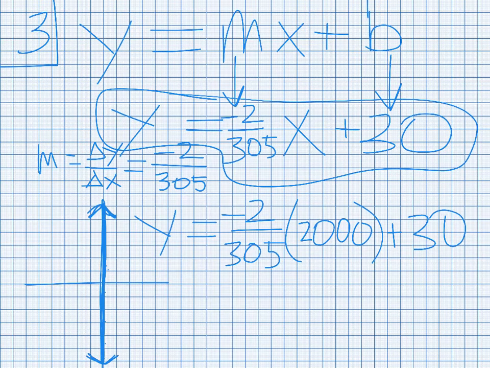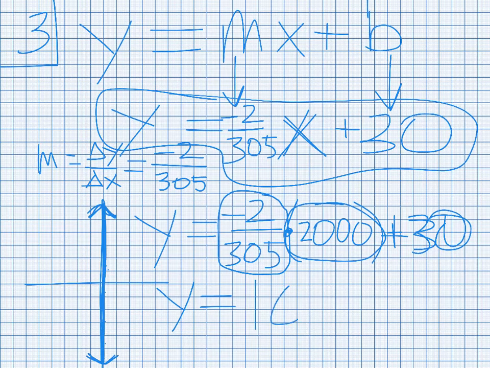Then I'm solving this thing for y. So now I can use my calculator. -2 divided by 305. If you do that, you'll get a decimal. Now don't estimate the decimal to what they wrote in the book. Just leave that decimal in your calculator. Remember, it's timesing by x, so it's timesing by 2,000. Go ahead and times by 2,000. You'll get another number. Leave that number in there also, then add 30 and push equals. And you should get that y equals about